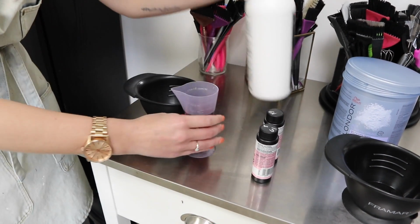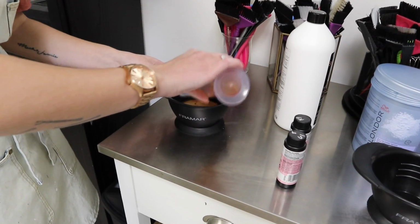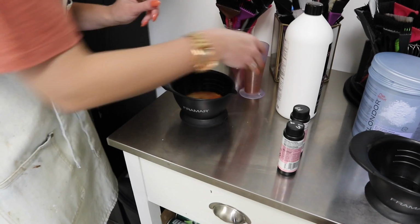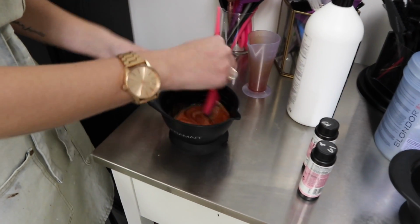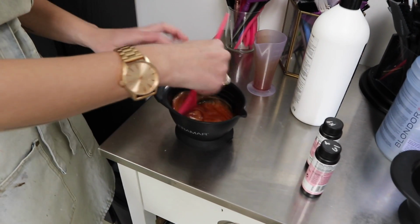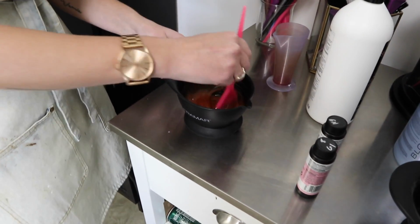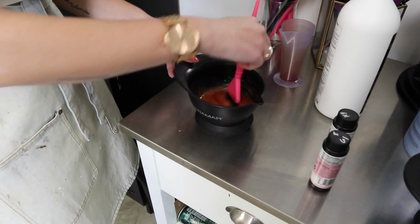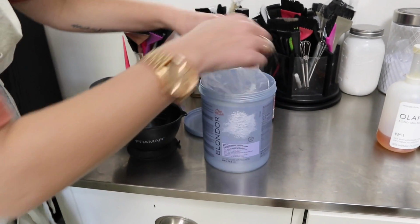And as we apply her root shadow, I'm also going to be doing a little bit of bolayage. A lot of you guys have asked me to do this technique and I haven't done it yet, so I'm going to show you how I do that to help break up her brassy ends, those warm ends at the bowl. So first we're mixing up this root shadow, and then for her bolayage, balayage at the bowl,